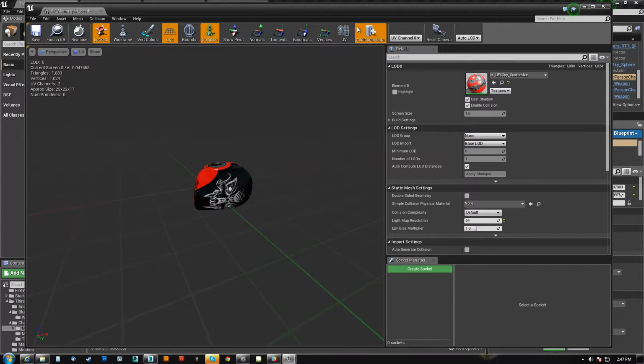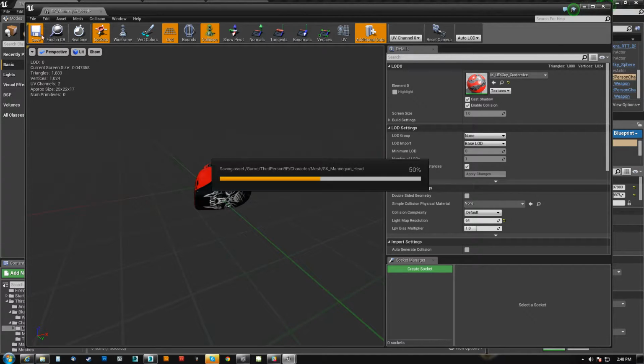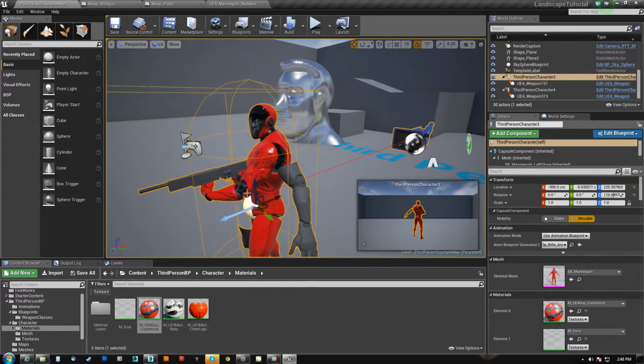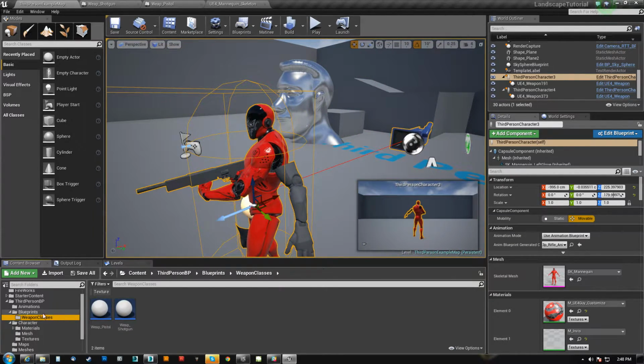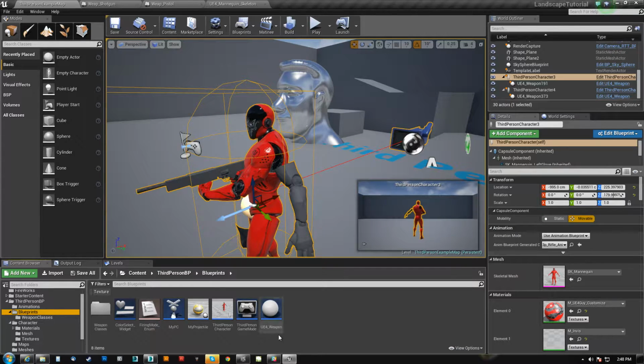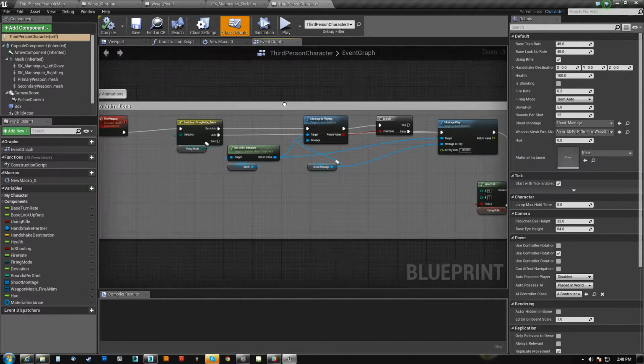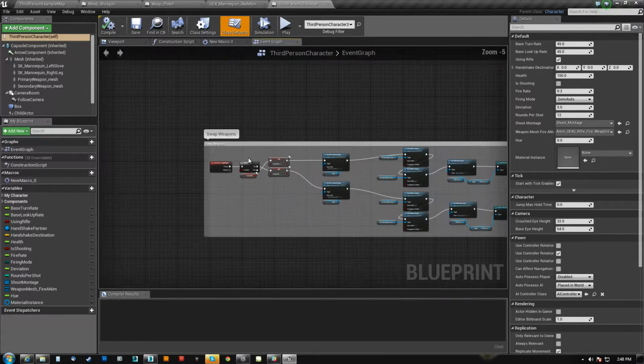Now we may want to try fracturing it. I haven't tried that yet. I mean, I've tried it on other stuff, but I don't know if I really want to do that. For now, I just want to make sure that we're going to get it so that it is in fact going to register the head popping effect, or at least, you know, register it in code. That's the important thing. So what we're going to do is we're going to go third person character, and we are going to